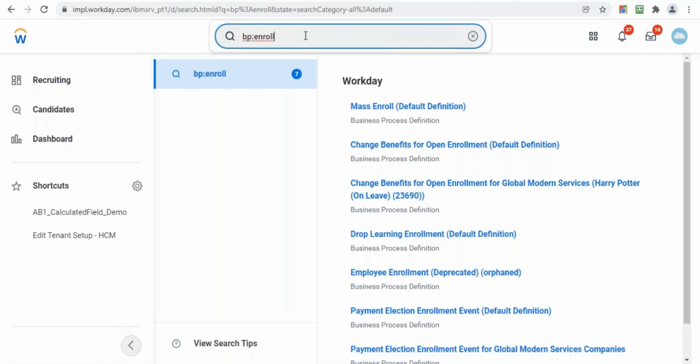They were not able to see that learning worklet. So we went into that particular domain, gave access to the intended security groups, and when we activated policies, we were able to see the learning worklet populated on our landing page. Similarly,